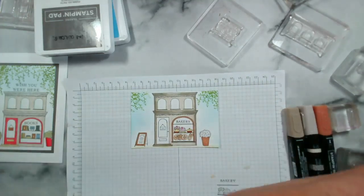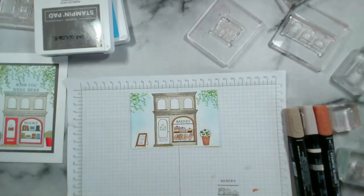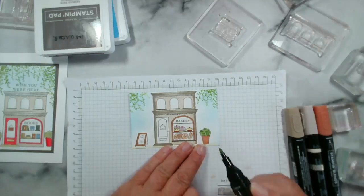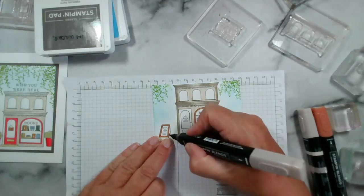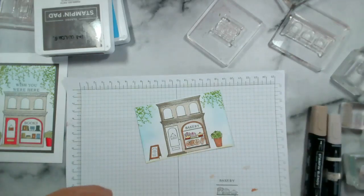Right, we're getting there. So, sorry, it's a fair bit of colouring in. This is dark granny apple green. And then I've got a light one. Just to give it a little bit of light and shade. And then we've got our sign. I might leave the sign like that. Let's make this darker behind. That. And maybe I will have,